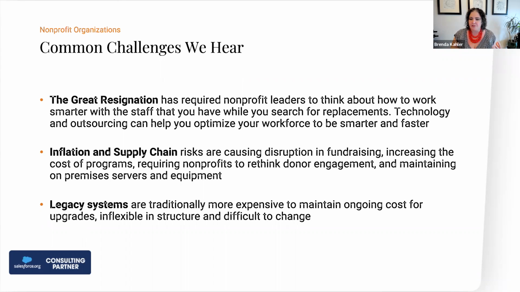Inflation and supply chain risk have really put a lot of pressure on expenses at a nonprofit. And so getting approval for additional headcount is always tough. But this year, I feel like it's even tougher than normal, and it's making a lot of the cost of programs cost more money. So that's causing a disruption in fundraising as well, because we know that everybody is feeling the effects of the pandemic over the last couple of years.